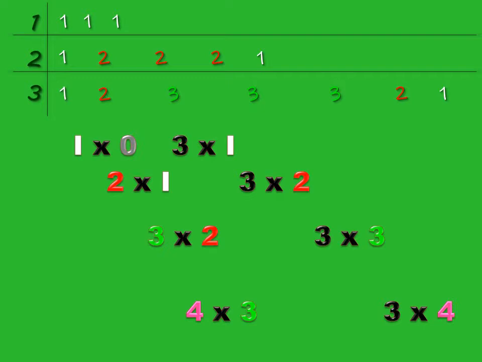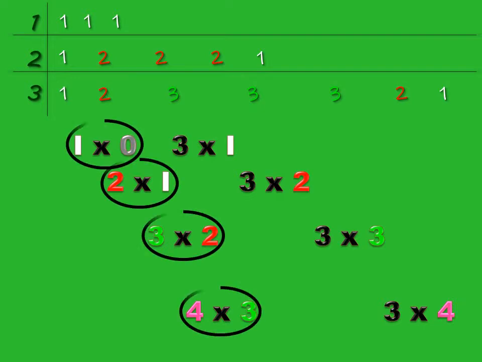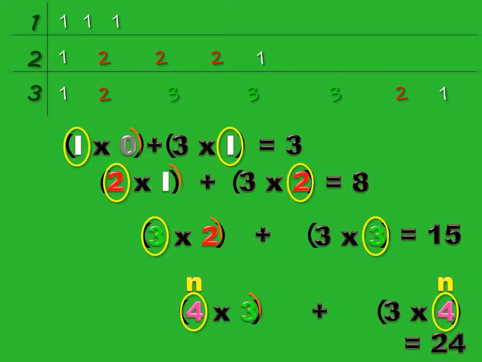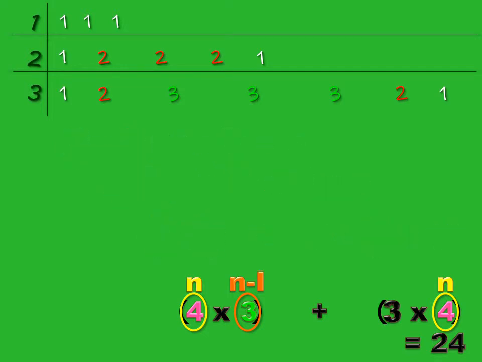Finally, for each step of our sequence, if we work out each calculation and then add the 2 answers together, we find that we have found a way to calculate the number of moves for each step, which, if we look more closely, we can use to make a general statement that is true for any number of chicks and bunnies, where we can use n to represent the number of chicks and bunnies and n minus 1 for 1 less than the number of chicks and bunnies. Which, as a general statement, we can write like this: n multiplied by n minus 1 add 3n equals the